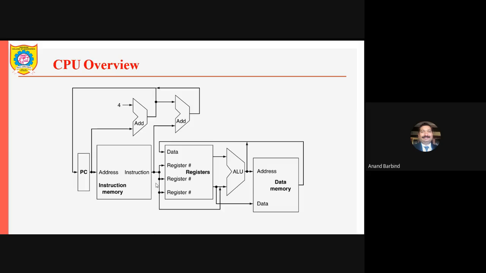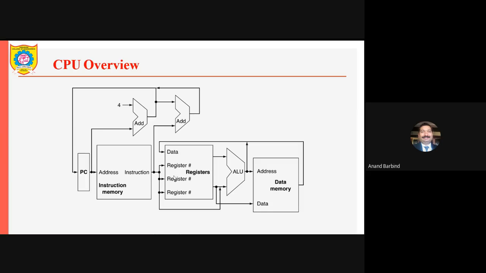Not shown here. The decoder generates the control signal. Again, it is not specifically shown. It is shown only with single lines, but these are not single lines. These are multiple lines. We shall see it later. Then you have the register blocks.